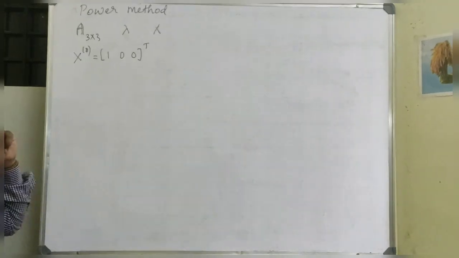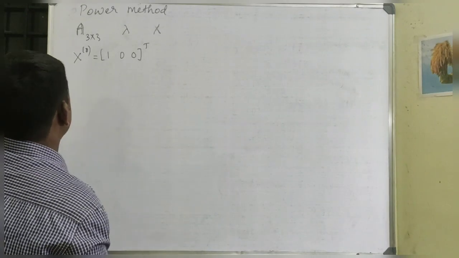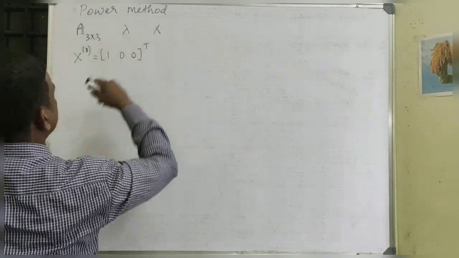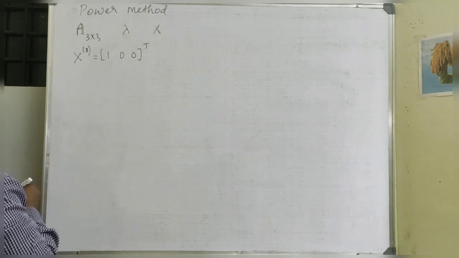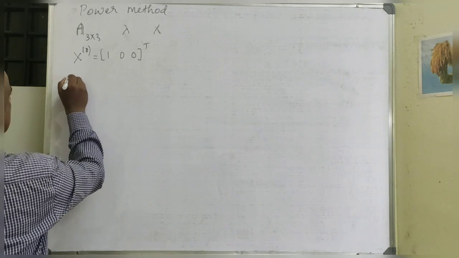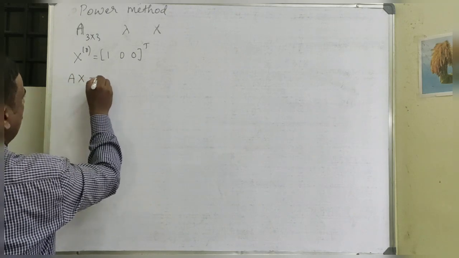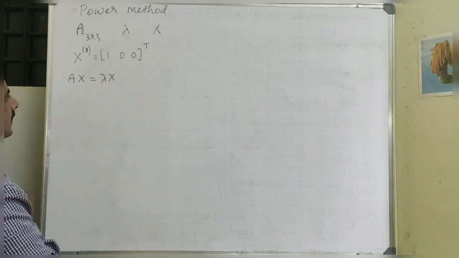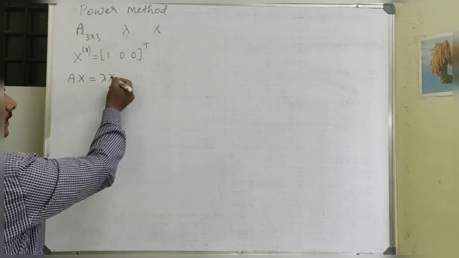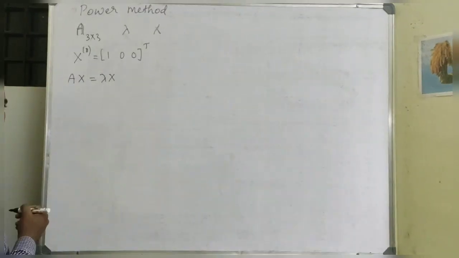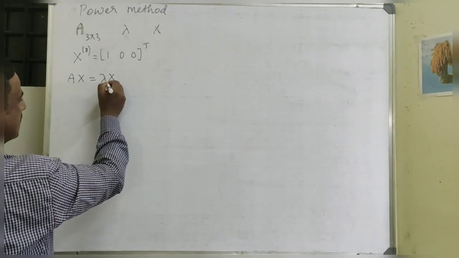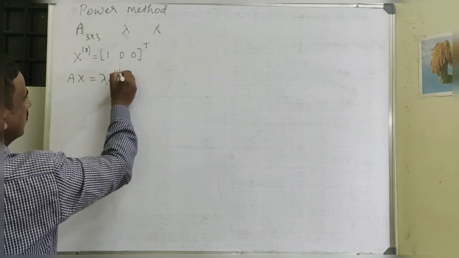Now we need to find the largest eigenvalue and the eigenvector corresponding to that. First I have to write the given matrix times x in the form lambda into x, by taking the highest value in this x as a common factor, then call this lambda 1 into x1,